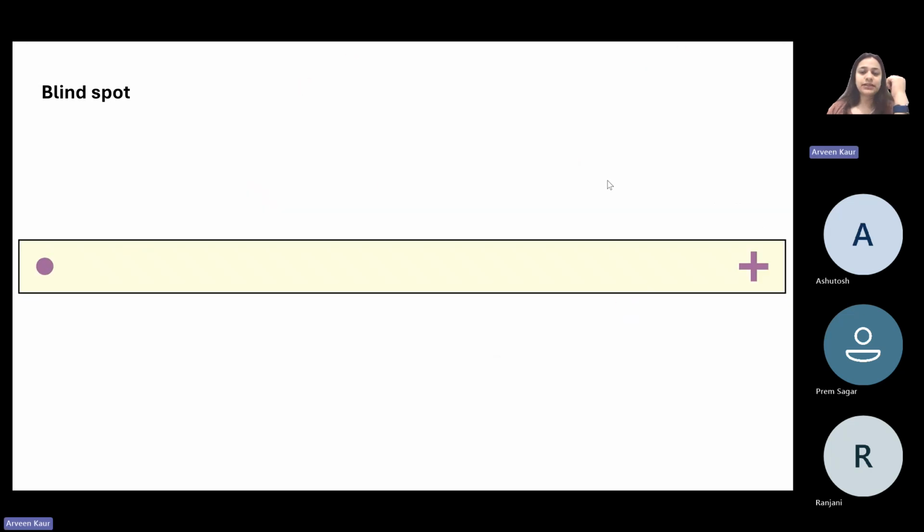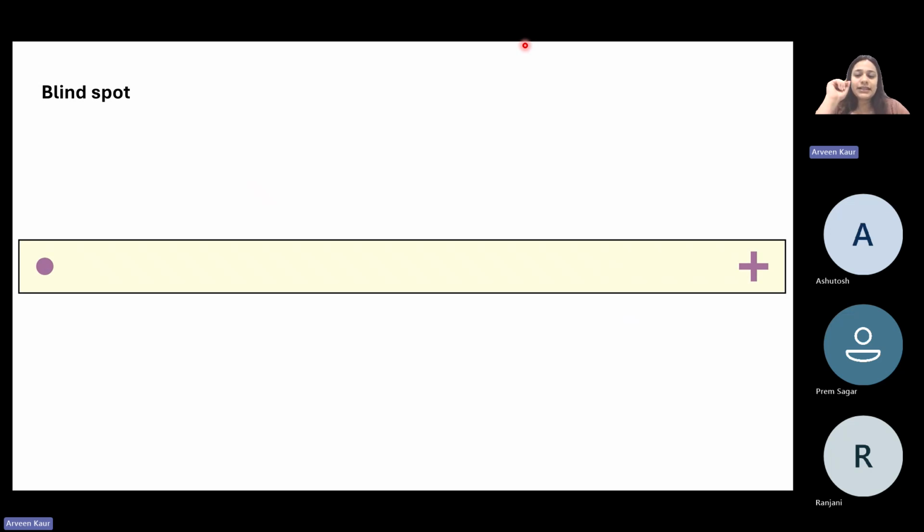Okay, now this is an experiment that you can do later, right? It is an experiment to find your blind spot, right? So what you have to do is, there will obviously be a recording of the session also, or you can take a screenshot of this particular slide. And what you can try later is that currently from the distance you are viewing your slides, I assume that you can see both a plus sign and a small circle on two ends, right?